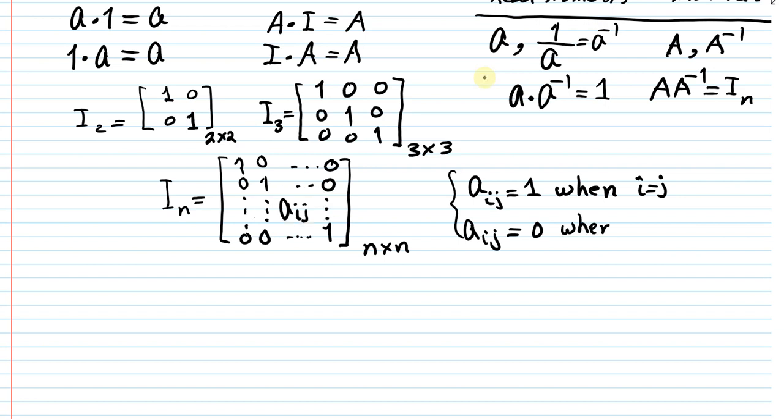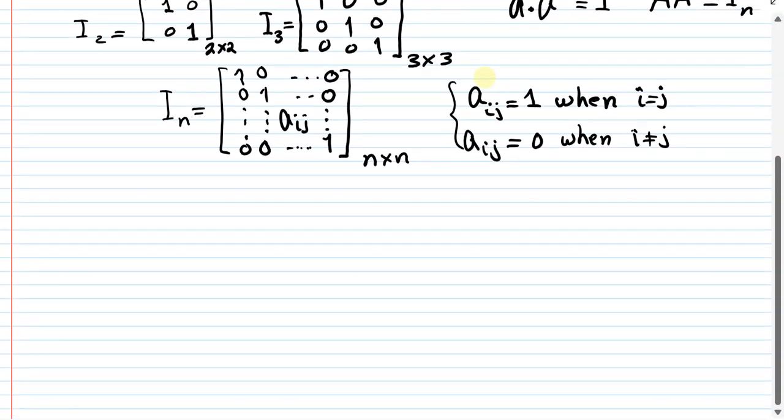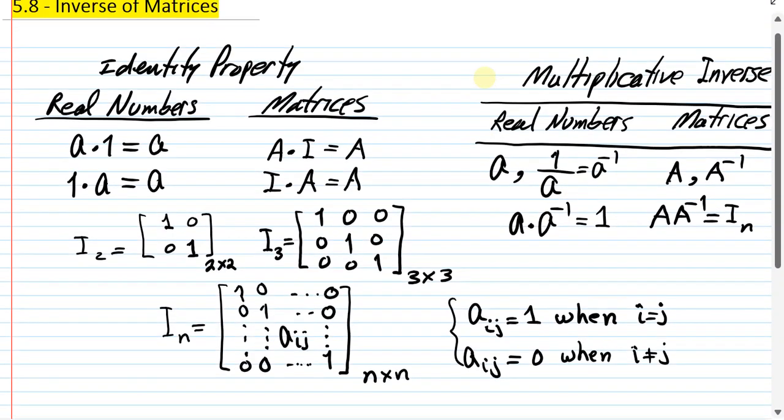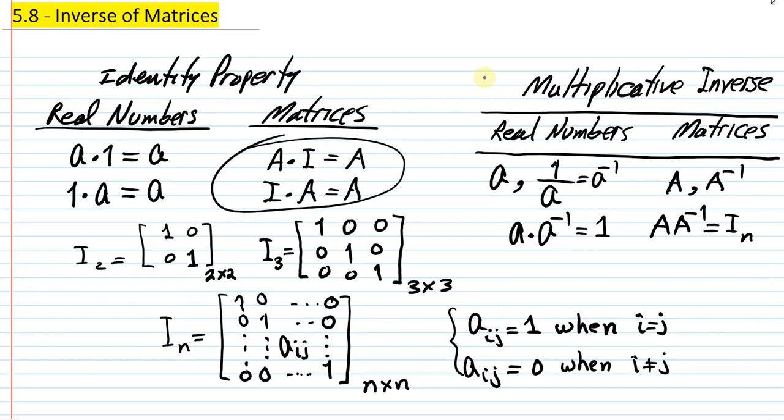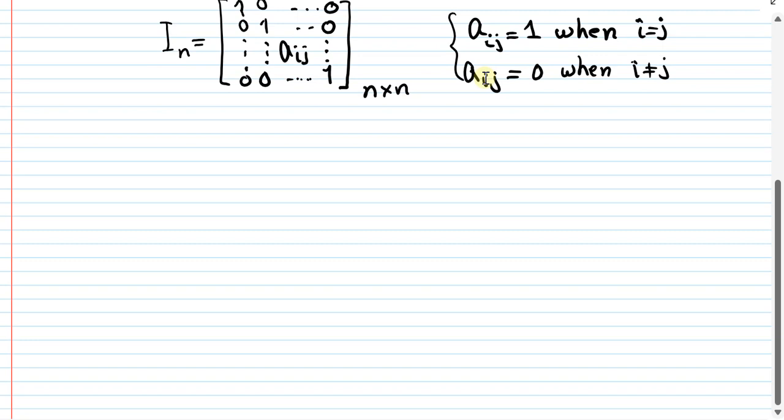And let's say that's when i is different from j. This will give you the off diagonal elements. All right. Now, we want to emphasize again, the matrix times identity matrix in either order will give you the matrix itself. All right. Now, something that's interesting about the identity matrix here, if, for instance, I have an I2,